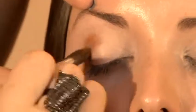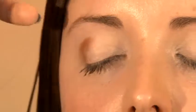To apply my gold, I've chosen 3 different golds. The first one is a dark gold that I'm going to apply on the crease of the eye and slightly more down, so a little bit like a C shape. So I'm applying it like this first of all. Then I'm going to use